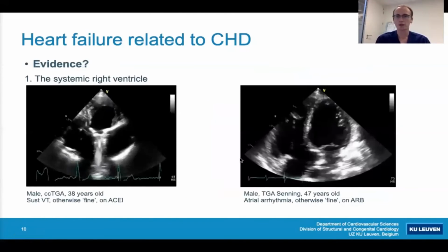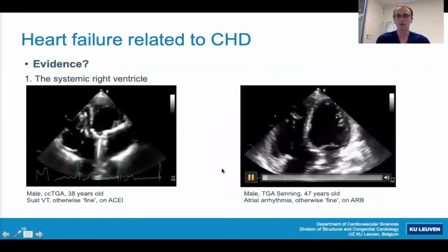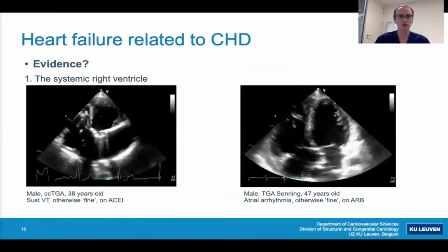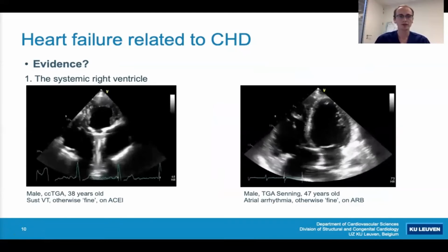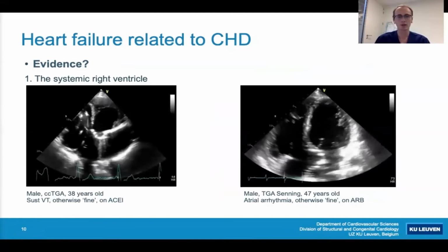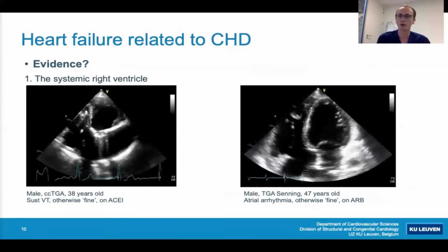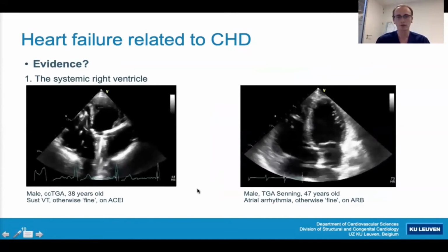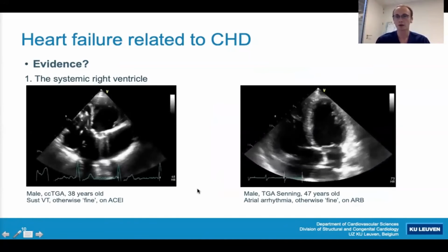Just showing the difficulties of medical therapy for our patients. These are two patients with a systemic right ventricle. On the left, a CCTGA patient. On the right, a TGA patient. Both reported to be fine, but one presented with sustained ventricular tachycardia, the other one with atrial arrhythmia. And despite reporting